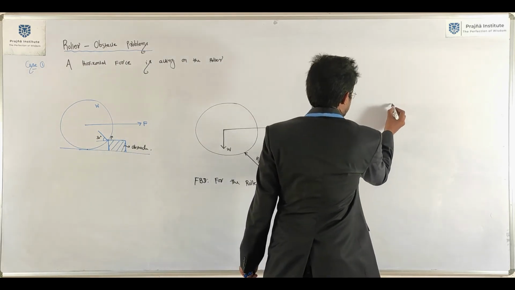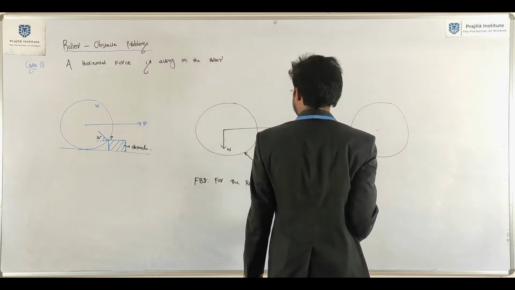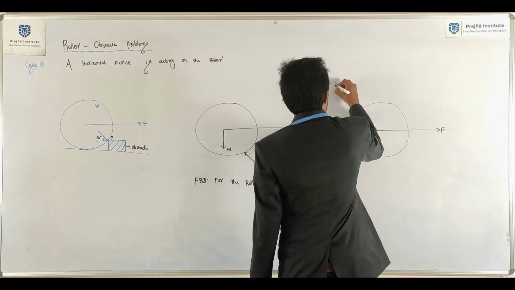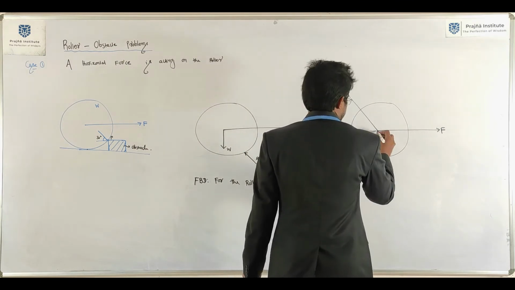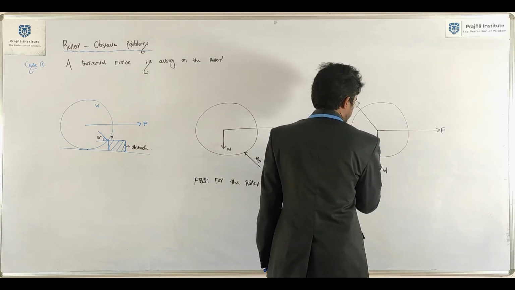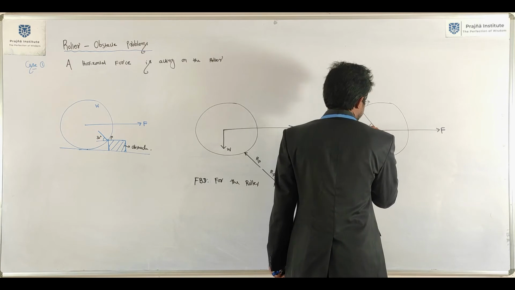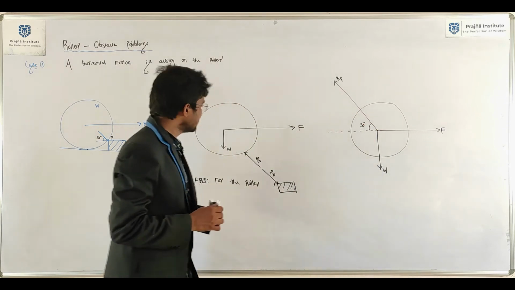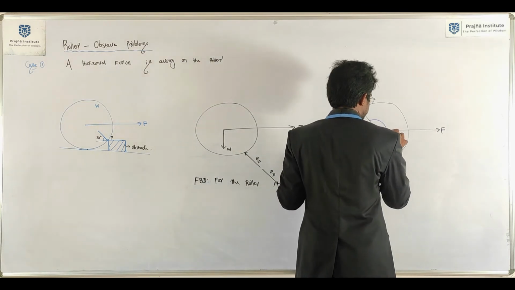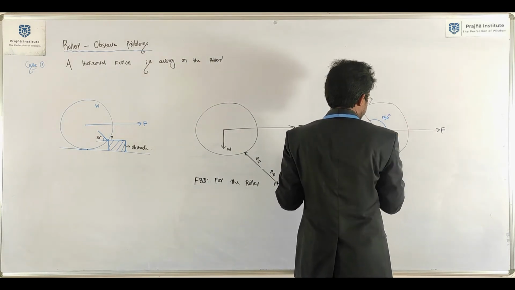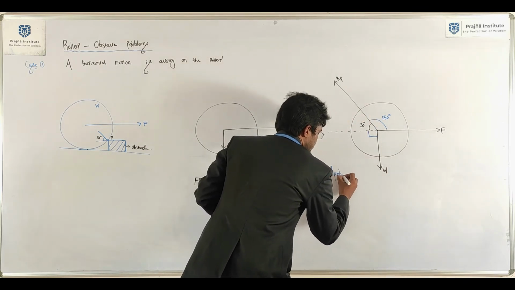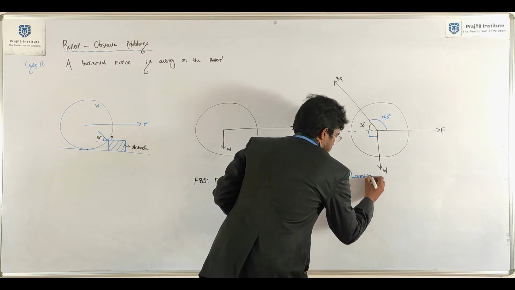Now, just draw this figure to apply Lami's theorem, concurrent system of forces. It is F, it will be Rp, weight always acts vertically downward direction, of course it is 30 degrees. Correct now? It is 30 degrees. So now how much is this? 150 degrees, 90 and 90. Just apply Lami's theorem.